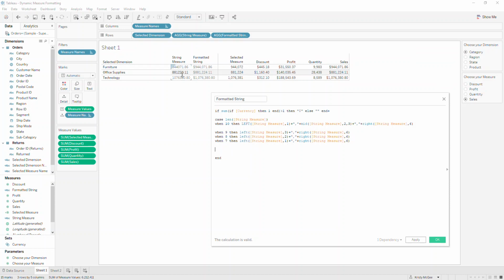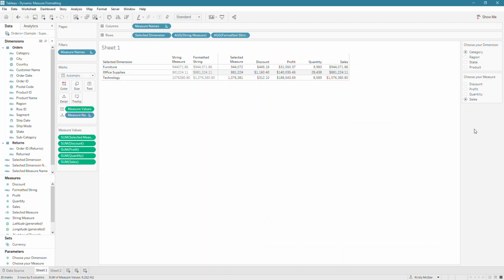So now, because we're capturing the decimal and both of the cents, we can just stop at 6. Else, string measure. So now, when you hit OK, your formatted string, when you go to discount, shows you hundreds, thousands,